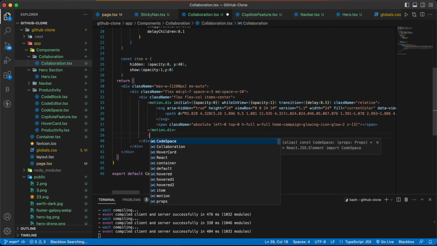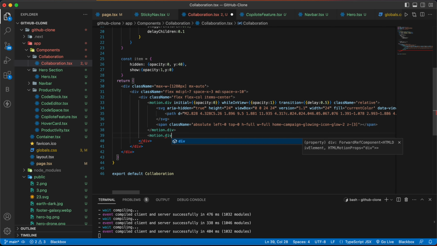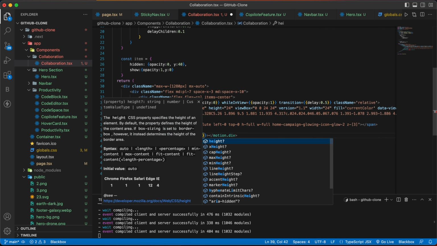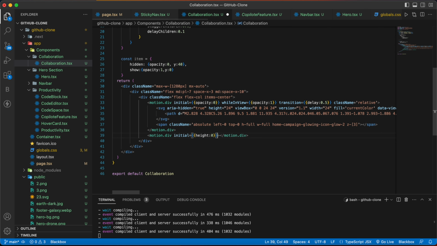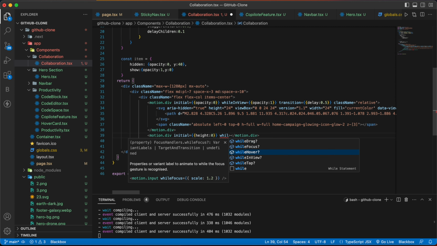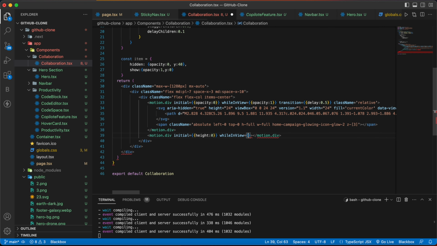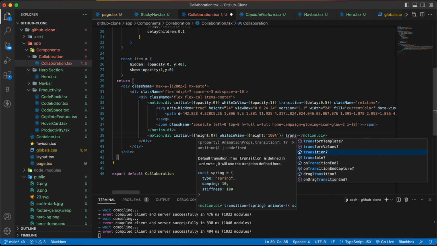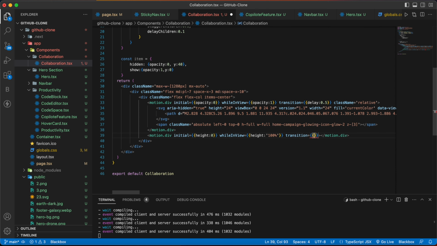Now outside this div we are going to have one more motion dot div, and inside that we are going to have initial value to be height 0, and then while in view we are going to have height 100%. Then I'm going to give a transition of delay 0.8 seconds,